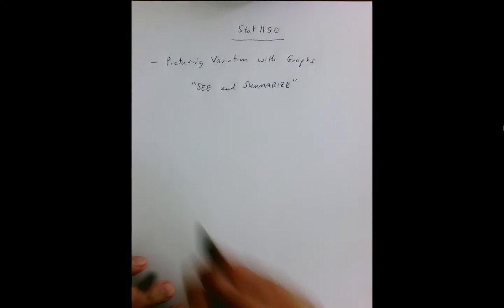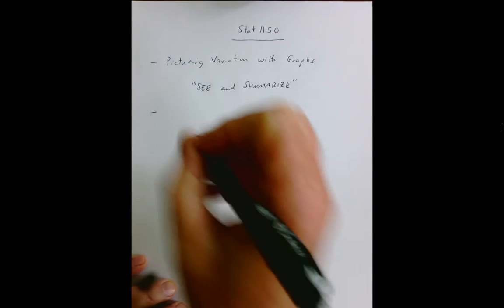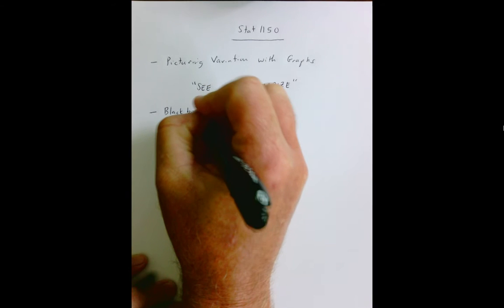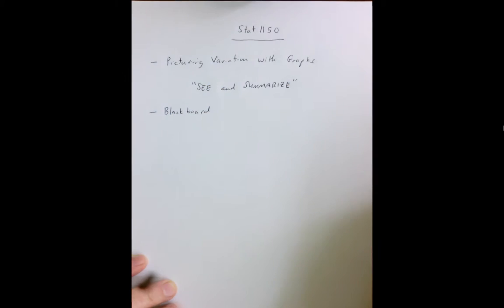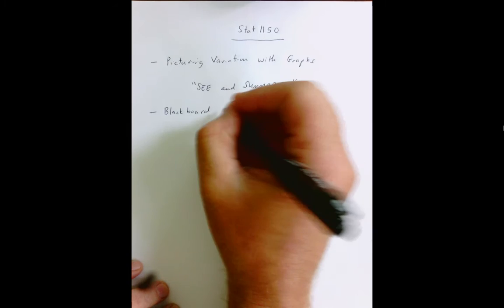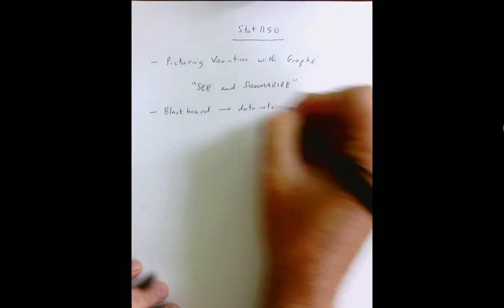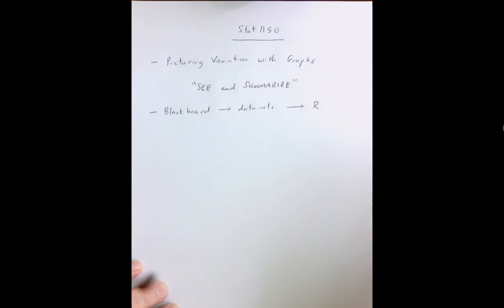Now, a couple of things in this video. Number one, I want you to have access to Blackboard, because there are some data sets that I've uploaded that we're going to take and put into R. And I'm going to show you how to use R to create distributions, summarize distributions, see and summarize again, for